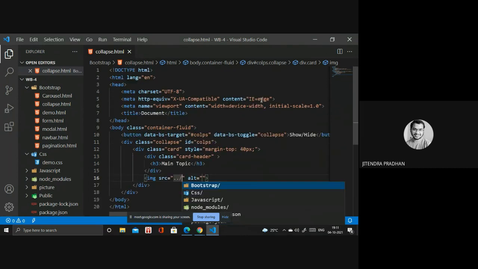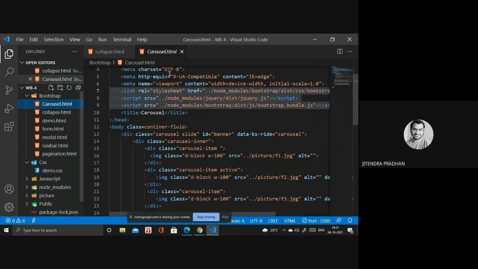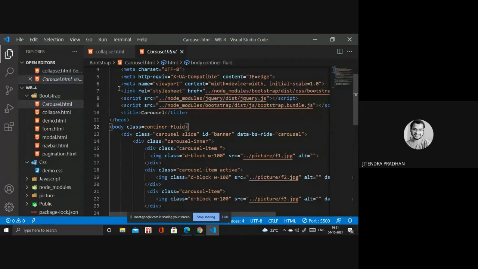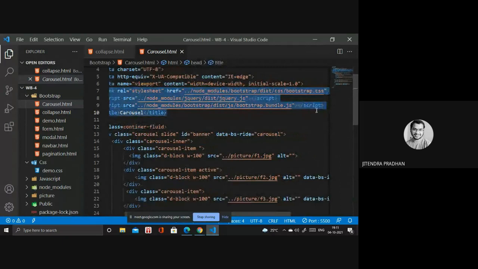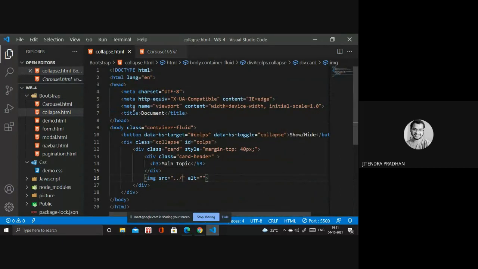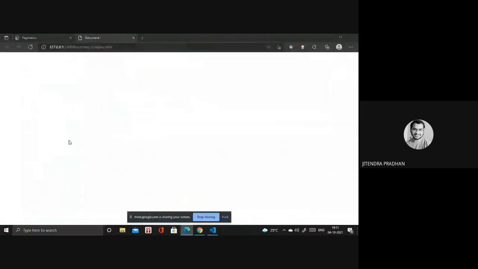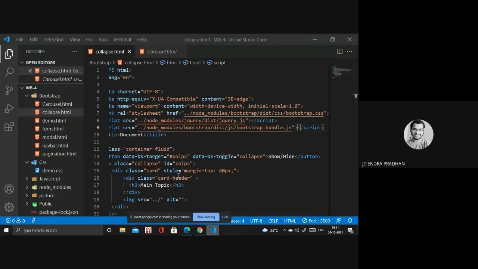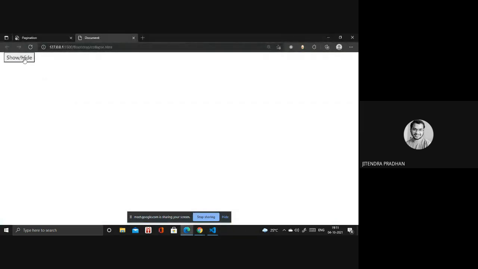Sorry, we are not using any other Bootstrap file. Now, if I click that button, it will show that particular main topic.